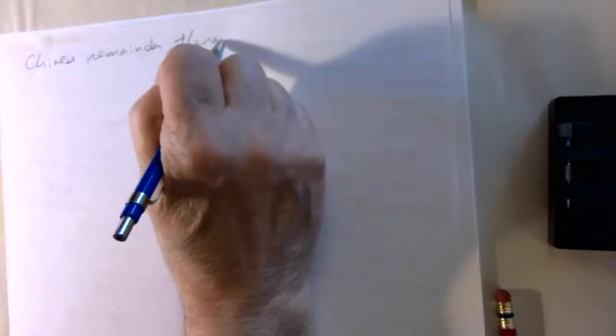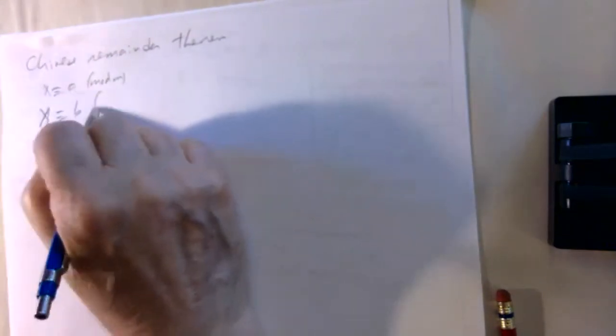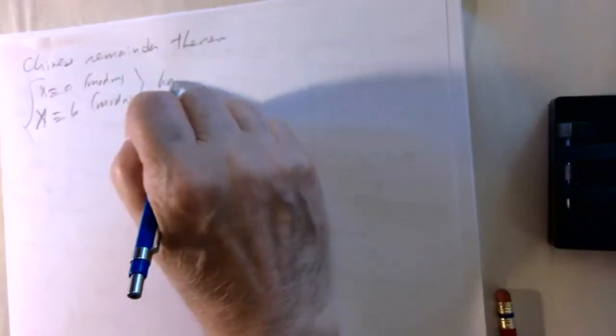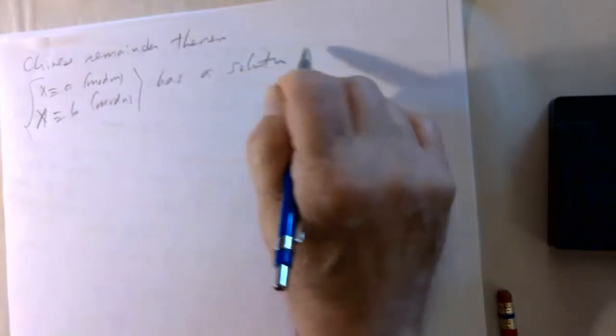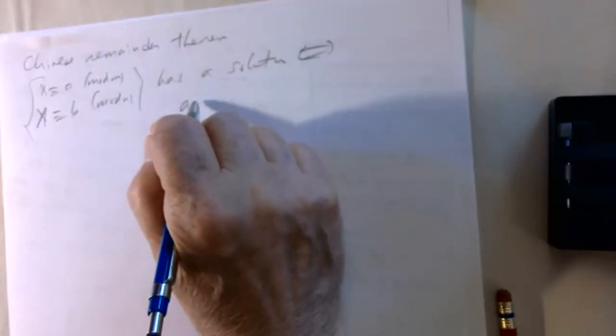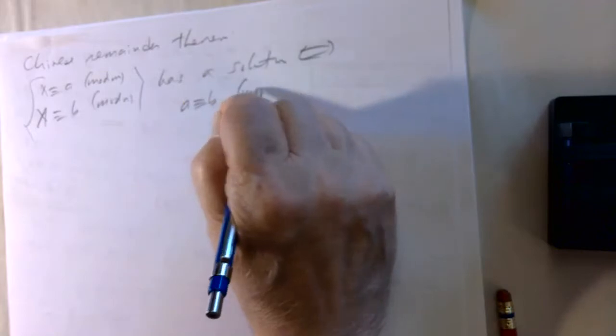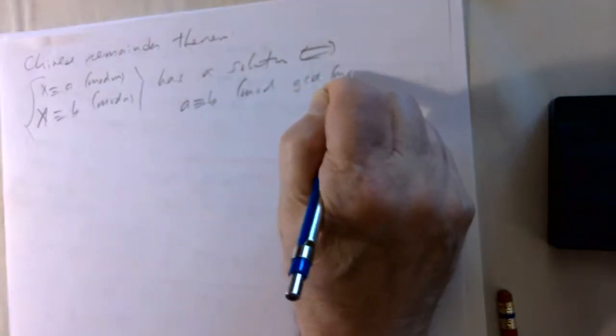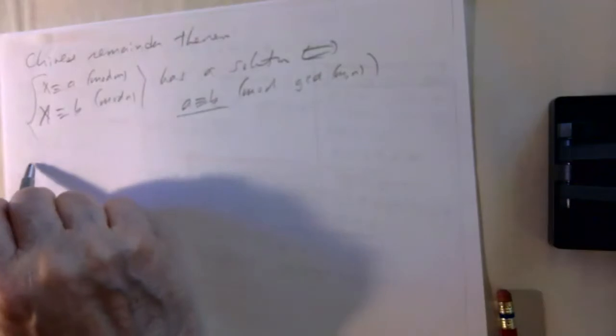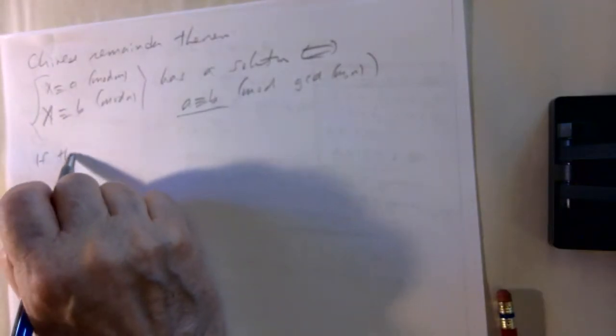So it's important to remember the Chinese remainder theorem. It says if you have a pair of congruences, x congruent to A mod M and x congruent to B mod N, then this pair of congruences has a solution if and only if A is congruent to B modulo the greatest common divisor of M and N. And if this holds,